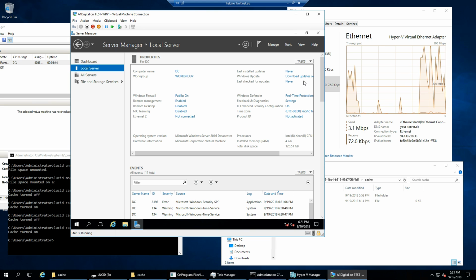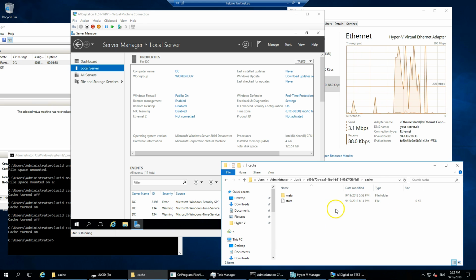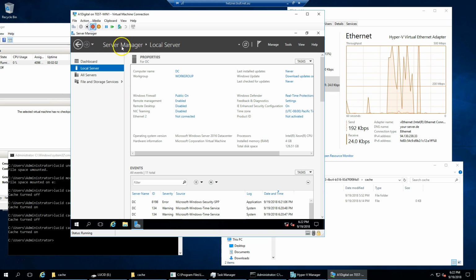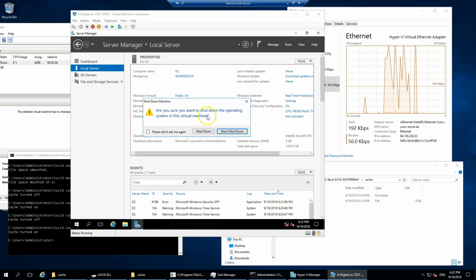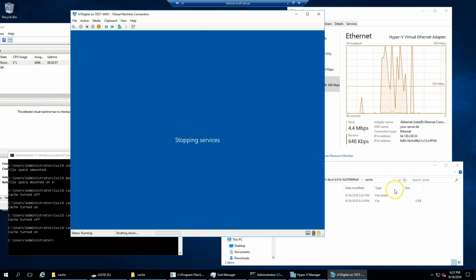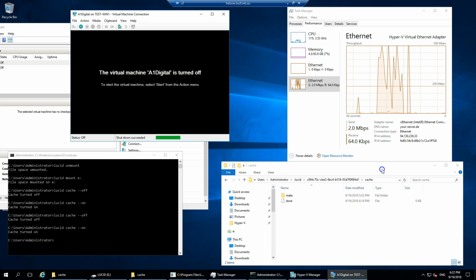So as you can see, the combination of LucidLink, Exoscale and A1 Digital is working as expected. We have our cache here that if we shut down this virtual machine gracefully, we'll be able to see how much data we have streamed from the